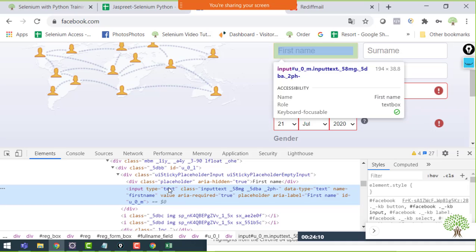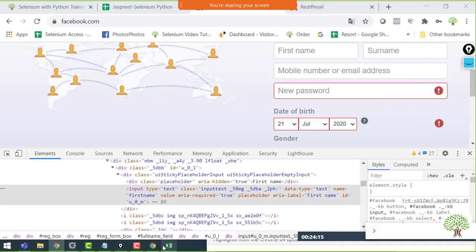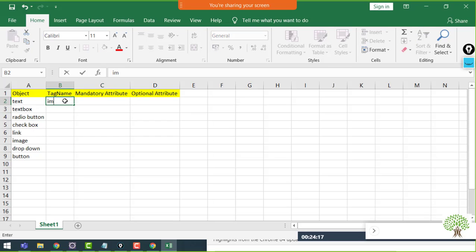Usually whenever you find any text box on the web page, the tag name will be input, and the mandatory attribute will always be the type. And what will the type be? It can be text or it can be something that the designer has given.